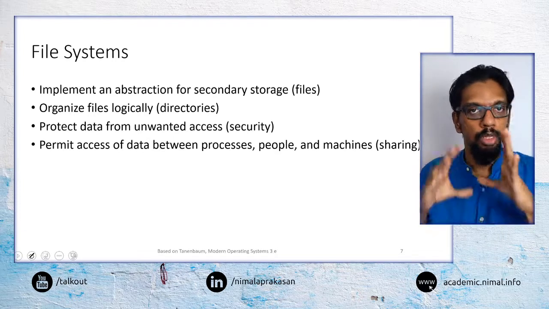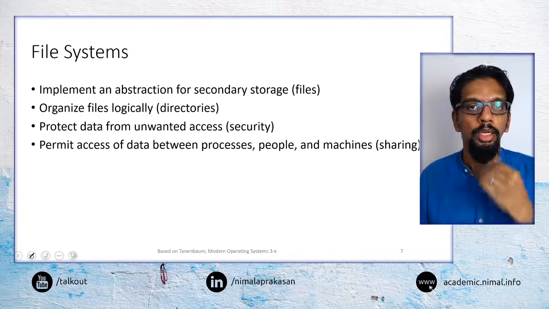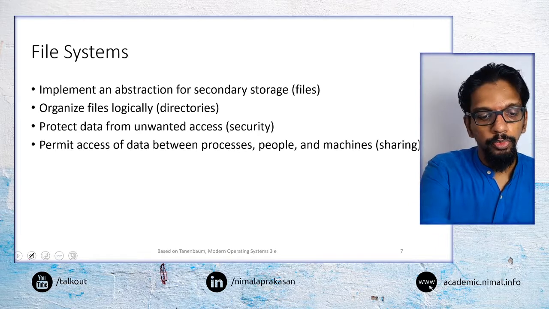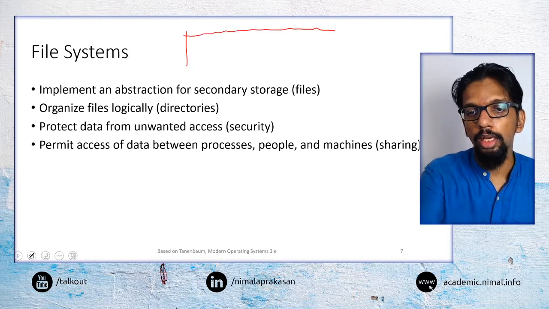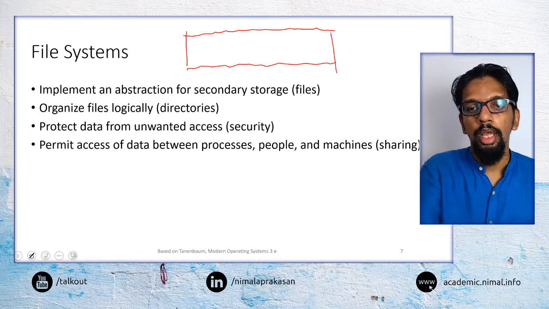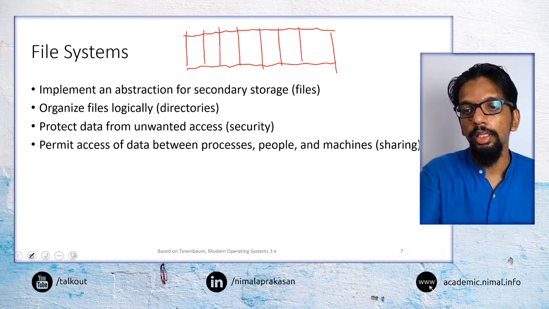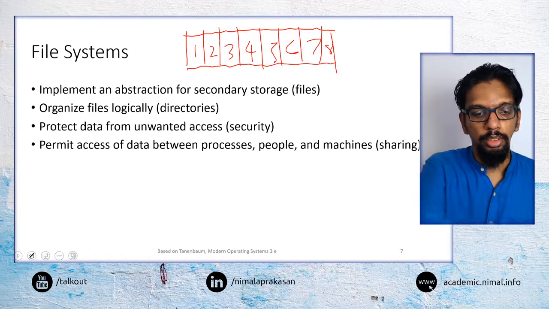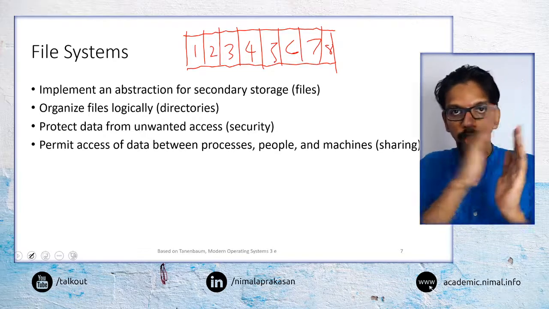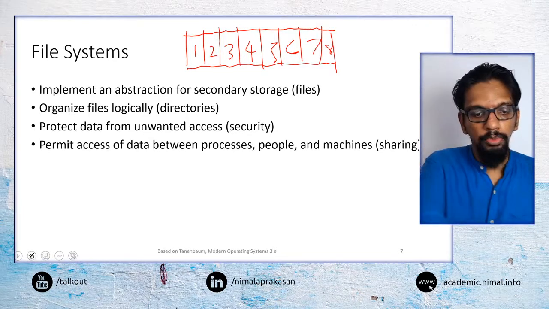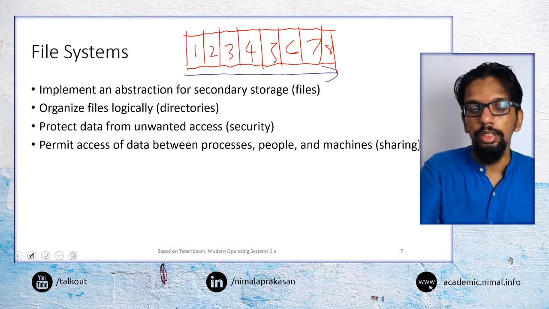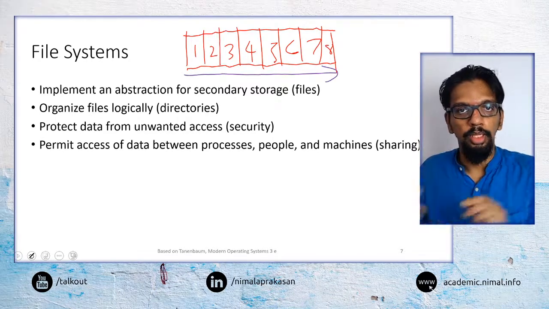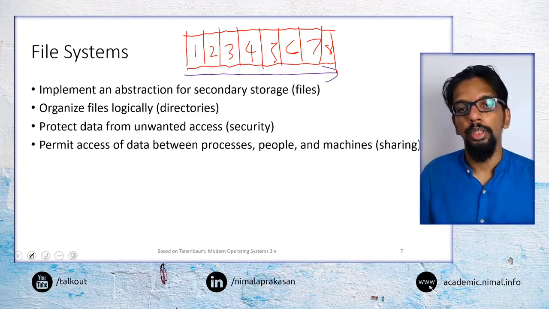So when we think about a directory or a folder, it is not a physical organization of data. So say when we have again a storage medium, and say we have a number of files here, 1, 2, 3, 4, 5, 6, 7, 8. Say we have 8 files here, and in the storage medium, we will store them continuously like this. So they are stored one after the other in the available space of the storage medium.